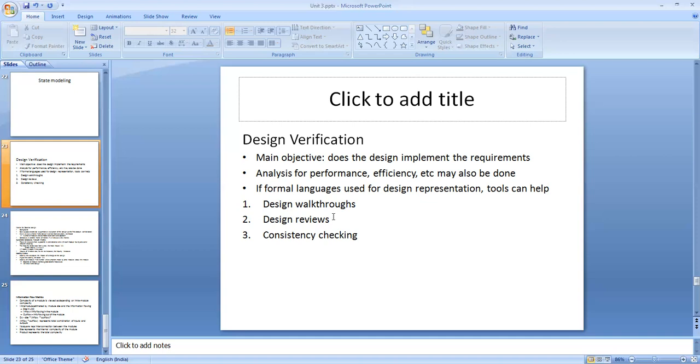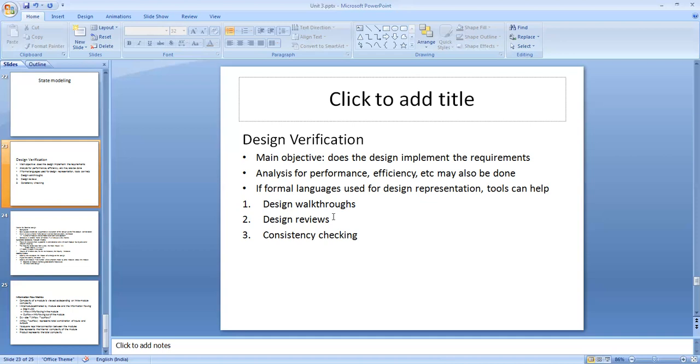Are data formats consistent with the system design or not? Is the design structured, and does it meet the local standards or not? Are the modules highly cohesive? Like this, there are several review checklist items, and everything has to be checked.